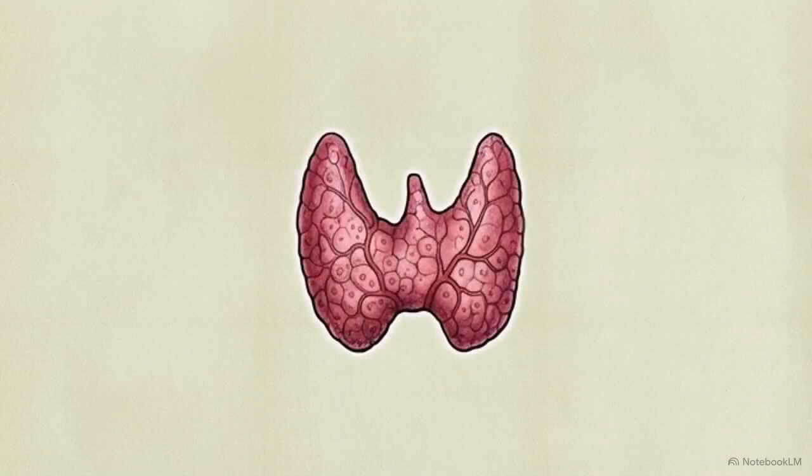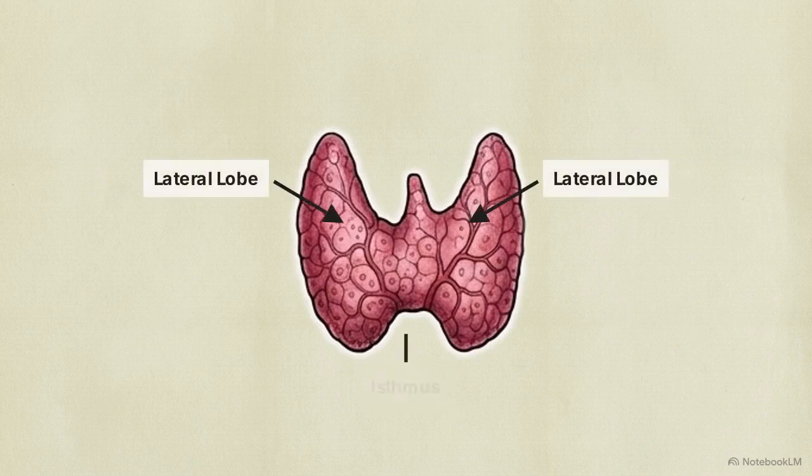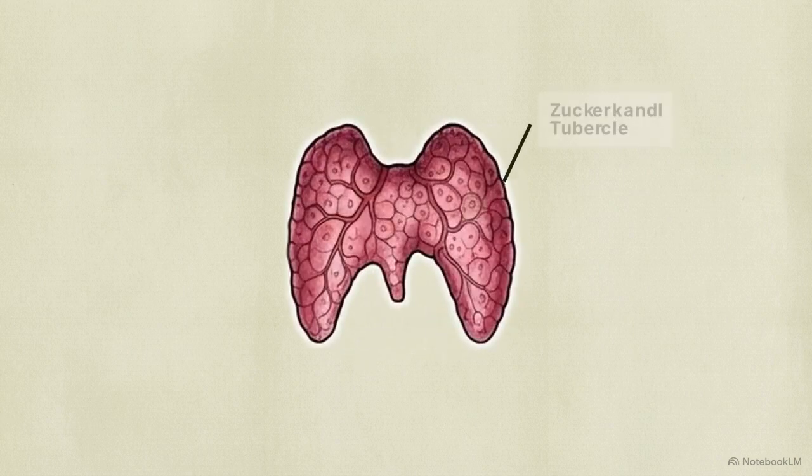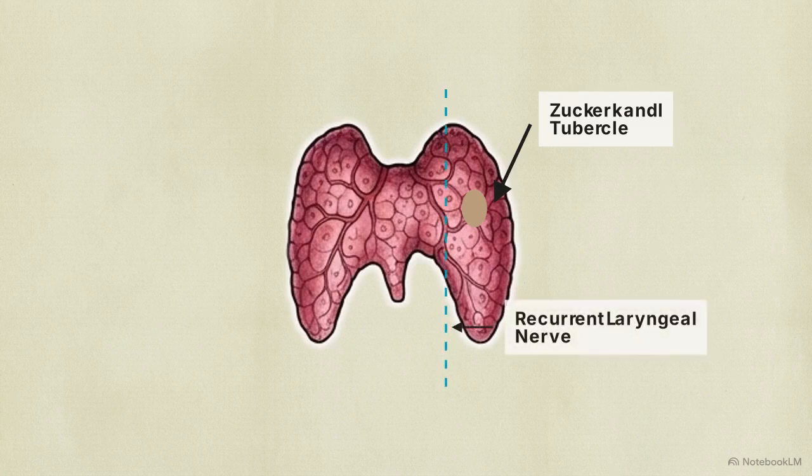This 3D model details the anatomy of the anterior neck. The thyroid gland sits centrally, characterized by its two lateral lobes connected by an isthmus. By rotating posteriorly, we expose a nodular extension called the Zuckerkandel tubercle. Surgeons and radiologists use this specific protrusion as a landmark to locate the recurrent laryngeal nerve, which runs just medial